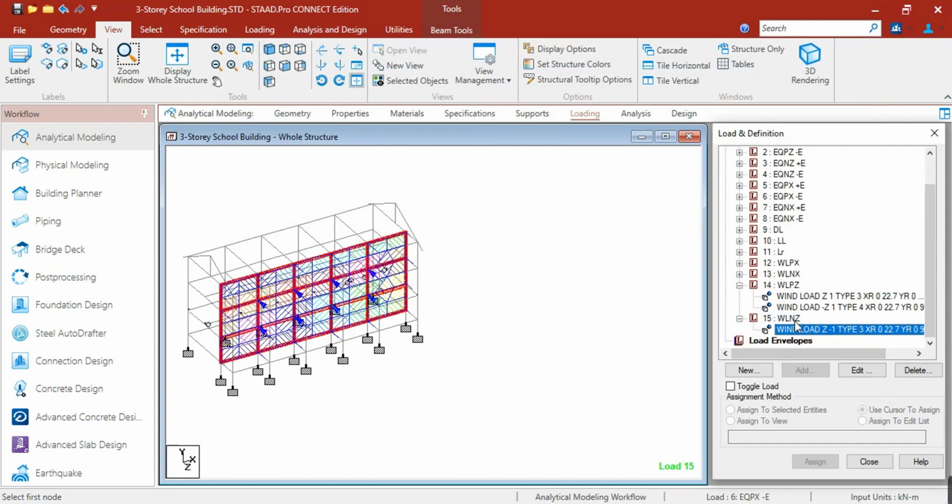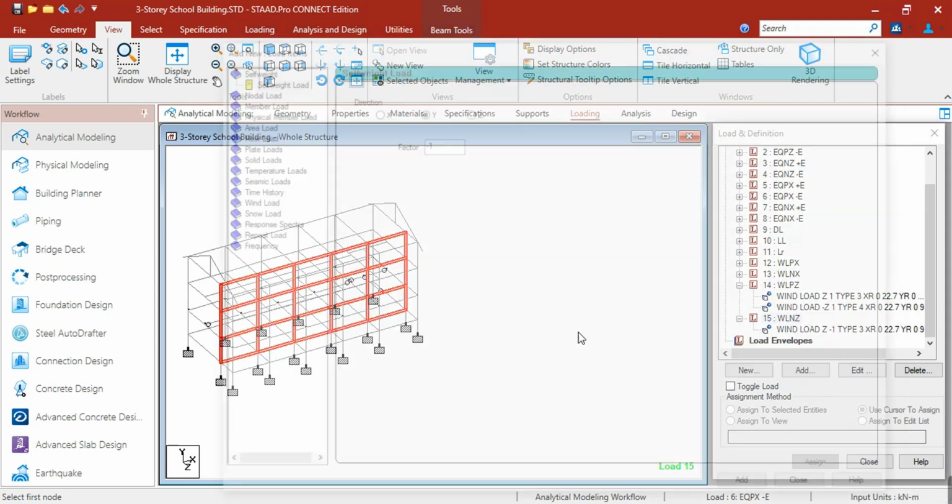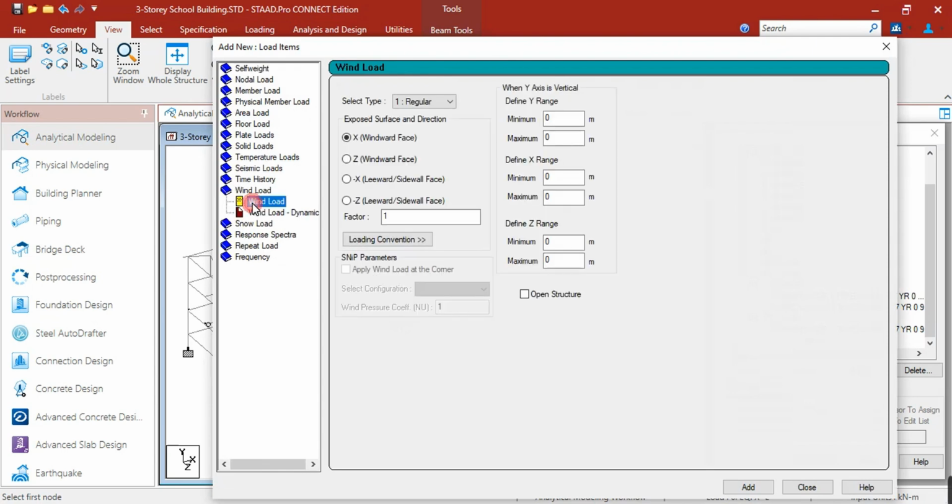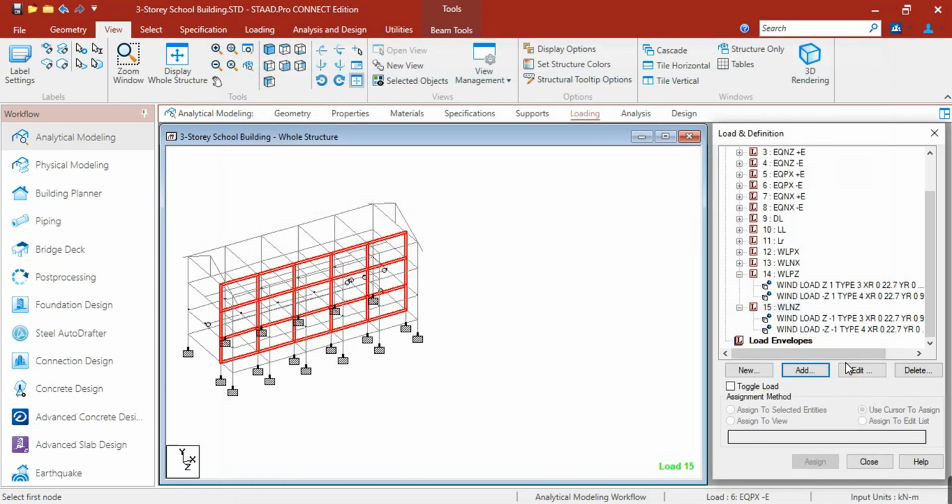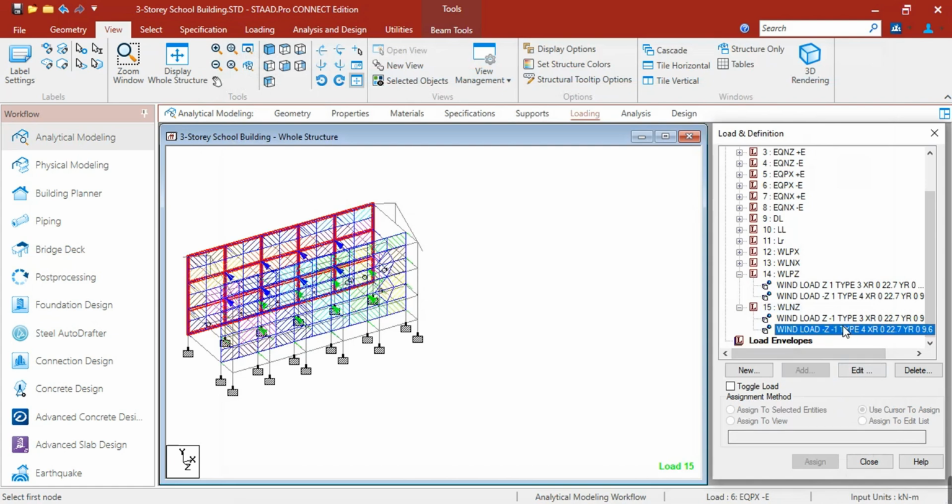Okay, and for the leeward, still for wind, type 4, X leeward, negative 1, Y is 0 to 9.6, X is 0 to 22.7, and Z range is 0, 0. Okay, so this is for the windward.